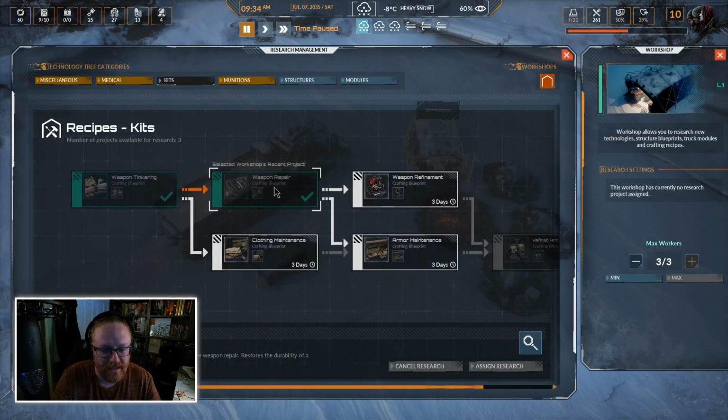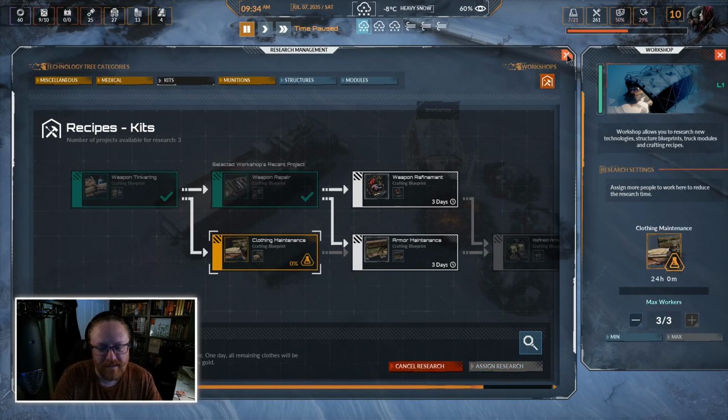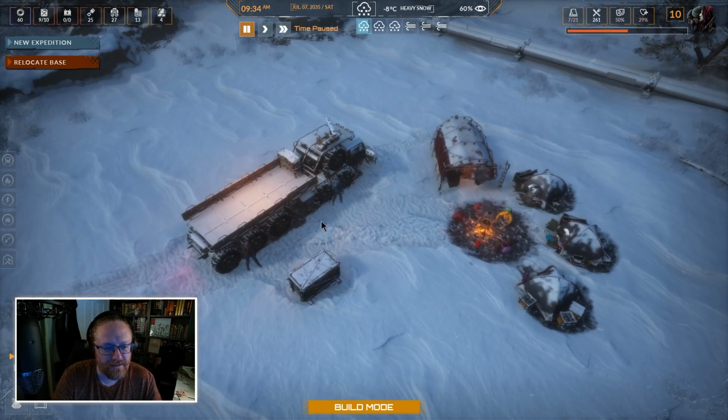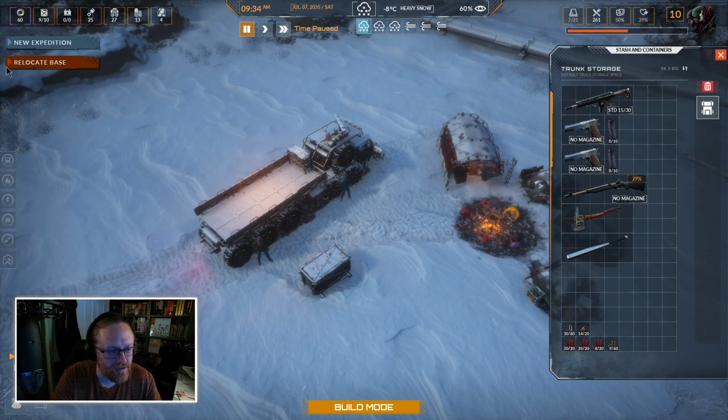Looks like we've completed the weapon repair research. And now we could move on to weapon refinement or clothing maintenance. I actually would rather do clothing maintenance, because sometimes you can get really valuable clothing that gets worn down, and then you want to keep it, but you can't, and that makes me sad. So there's that. And now let's open our stash real quick